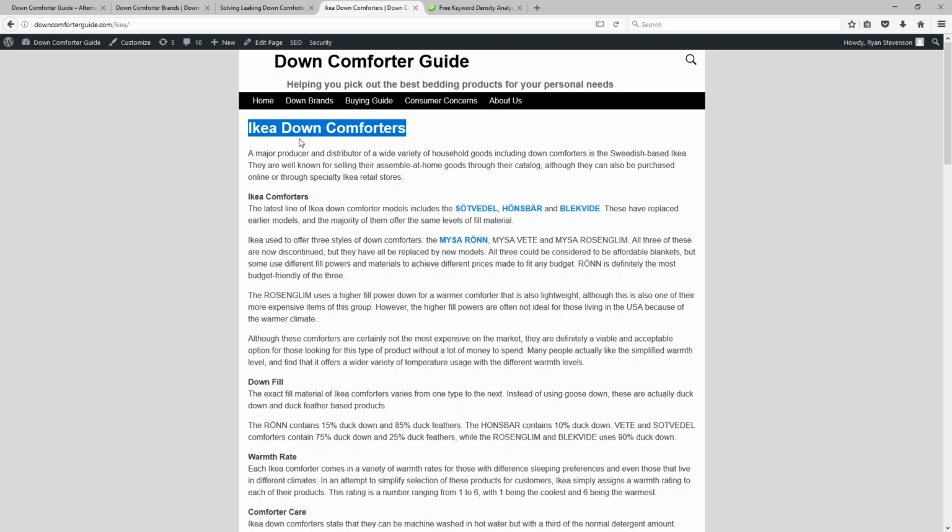Yes, IKEA down comforters is a keyword phrase, but there is so much more that's being targeted on this particular page. I'm actually targeting 6 different models of this kind of product, all on this one page. You can see most of them, 3 of them are right here, 3 of them are right here.